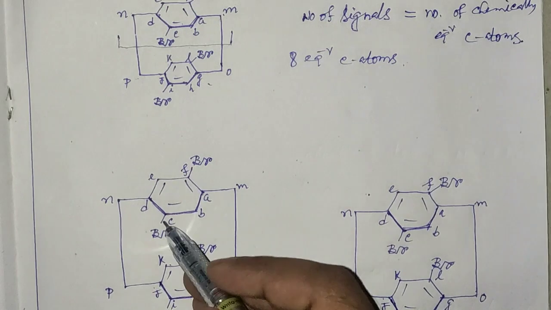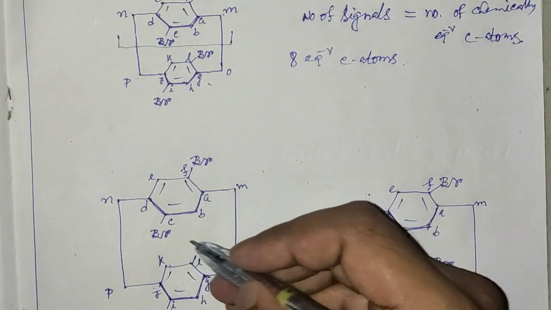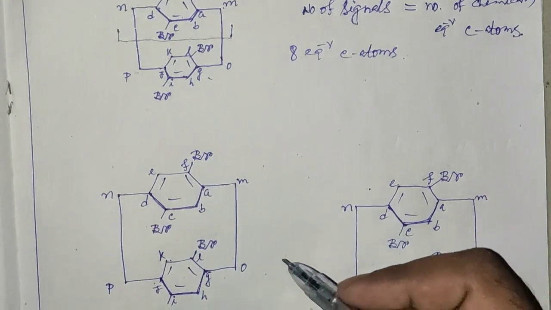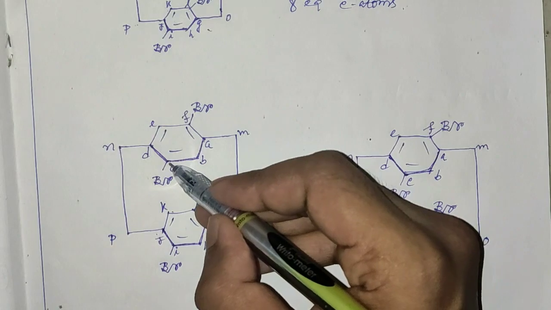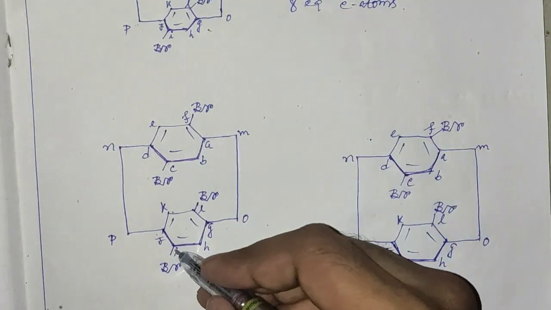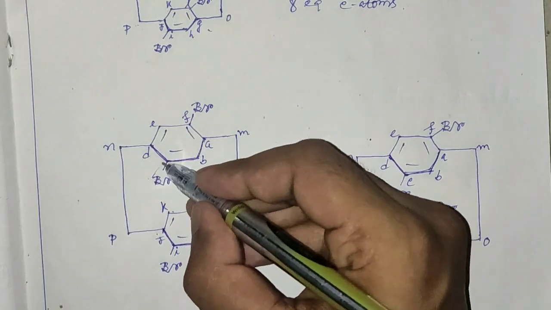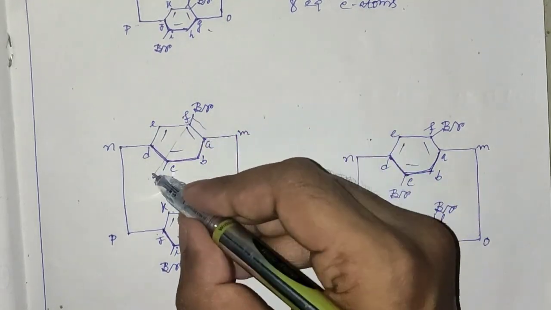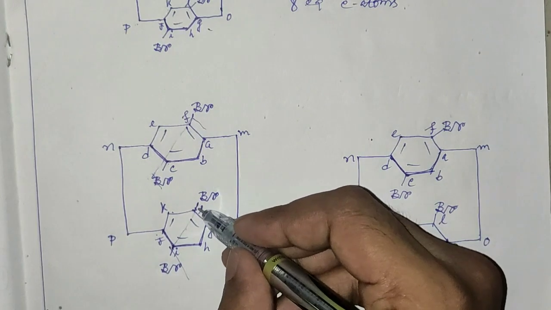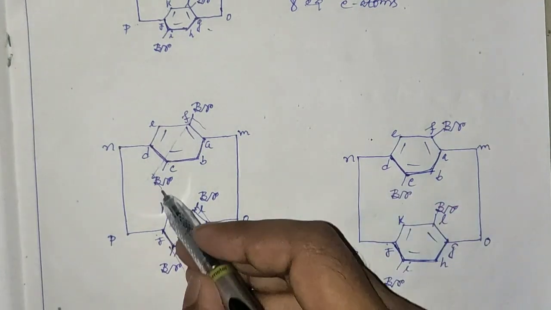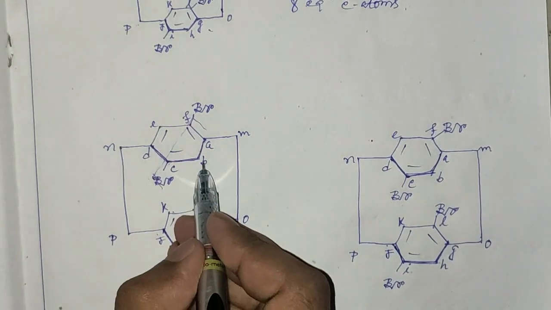Now, for this nature, we can think of another sigma plane which passes through these C, F, I and L carbon atoms. That means a sigma plane containing these 4 carbon atoms,